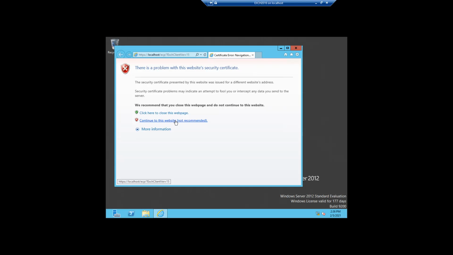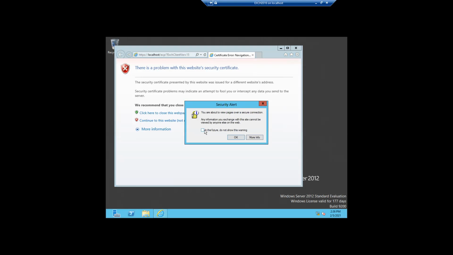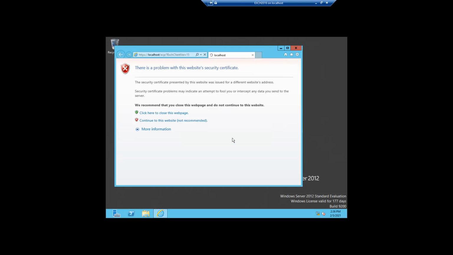There is no issue. I'm just clicking it and selecting don't show in future. Okay, it will wait for some time. Just let it open.